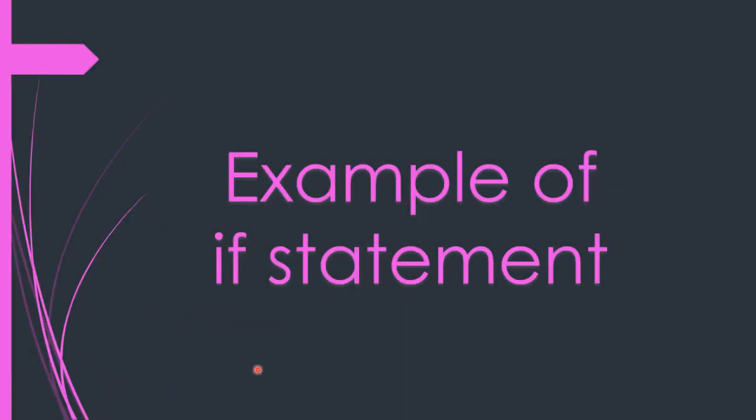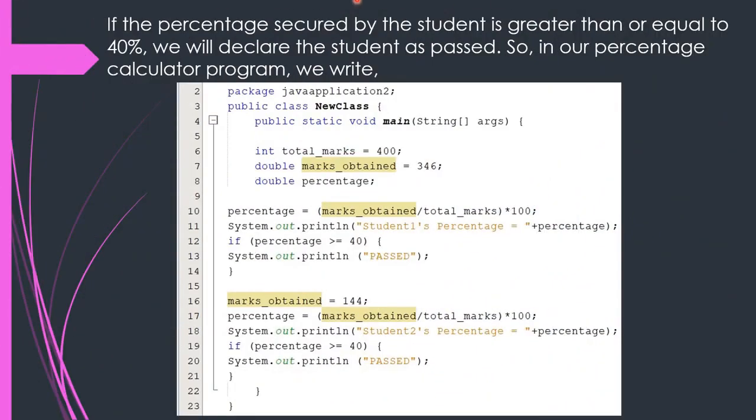Now, let us talk about the example of if statement. If the percentage secured by the student is greater than or equal to 40%, we will declare the student as passed. So for this, we are going to write the program. This is the condition. What is the condition? That if the percentage secured by the student is greater than or equal to 40%, we will declare that student